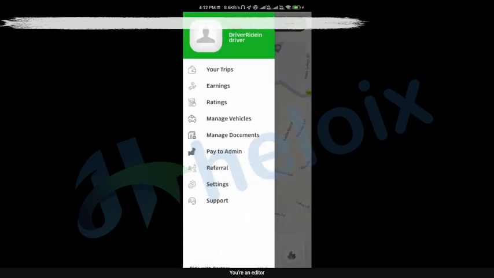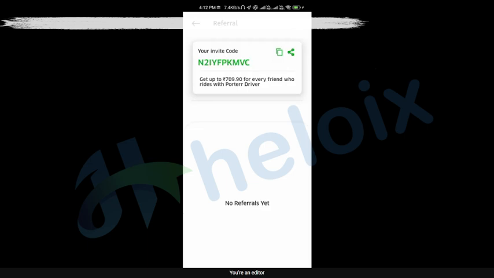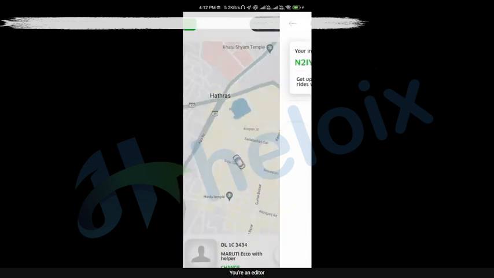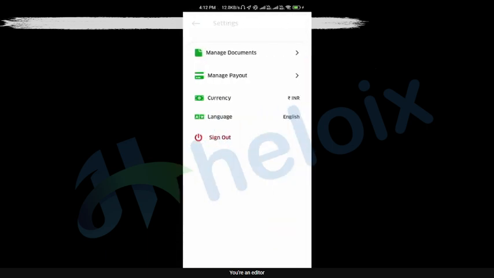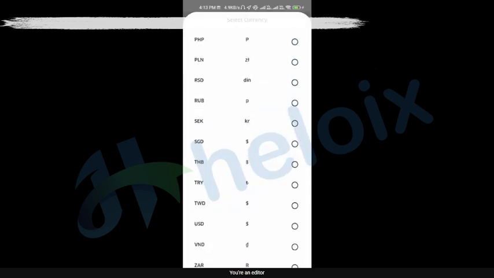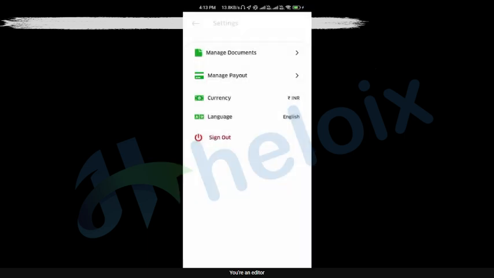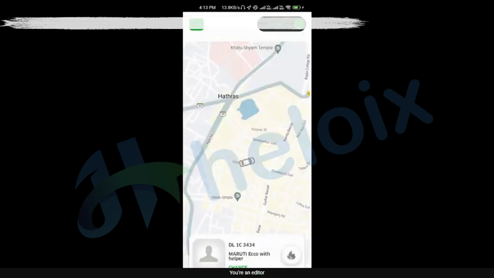After that, we have refer. So this is your refer code, you can set up. After that we have some settings, like currency and other things we can create and manage.